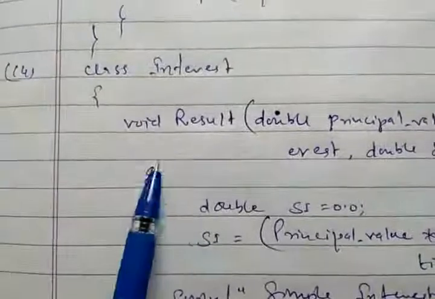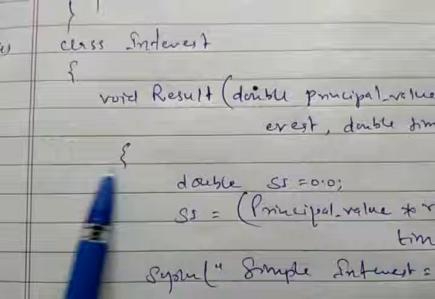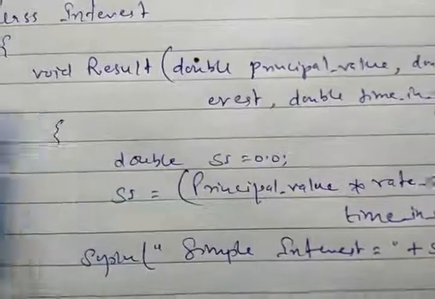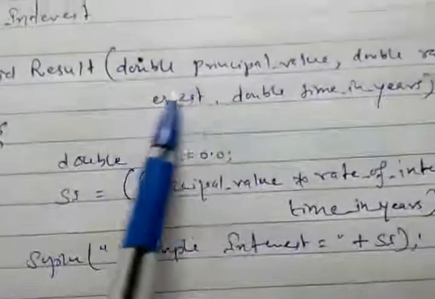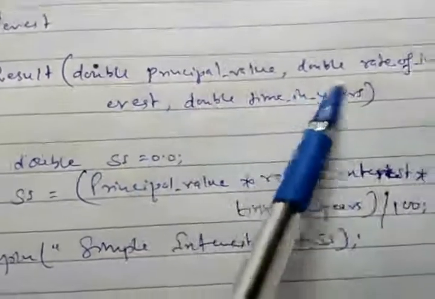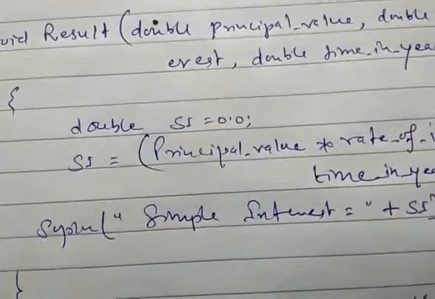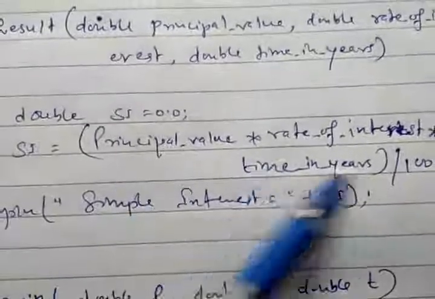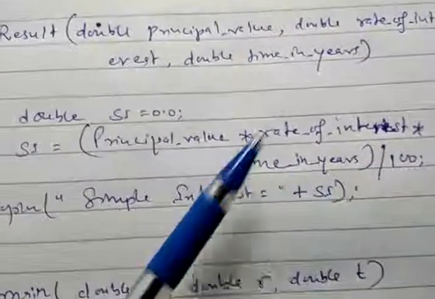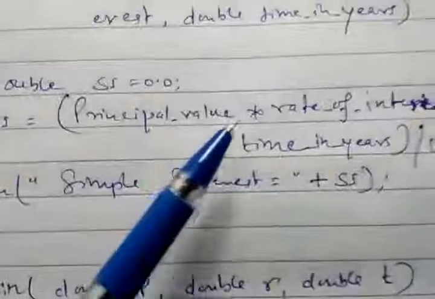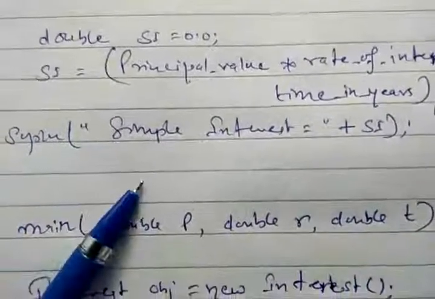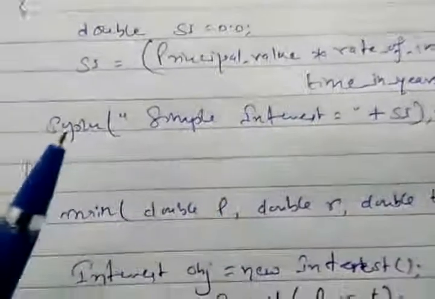And today's last question, question number 14, we have to calculate the interest, and all the parameters in this function are double type. So the function is void result, and double, first is the principal value, second double is the rate of interest, third is the double time in years. So double si equals 0.0, and we are using here the formula principal into rate into time upon 100. That's the formula of simple interest. So the value will be calculated by this formula and stored in si, and we are printing the value of simple interest with an appropriate message.